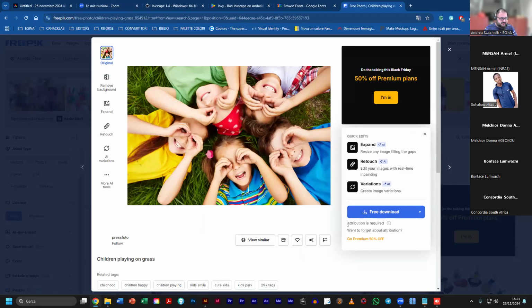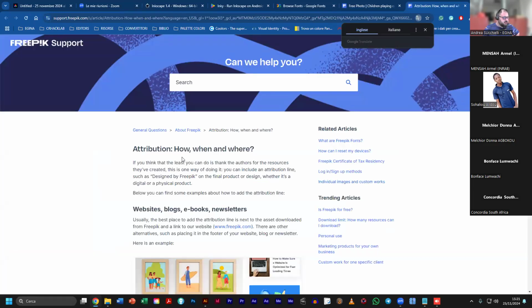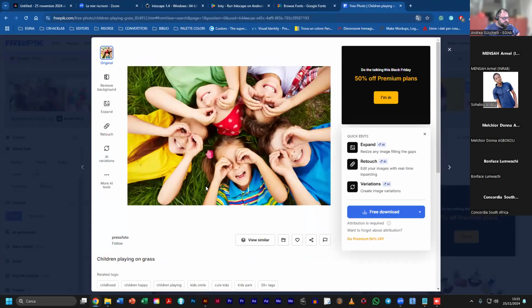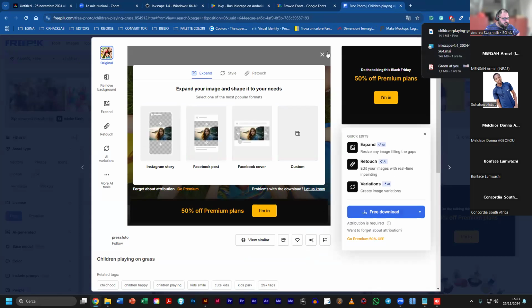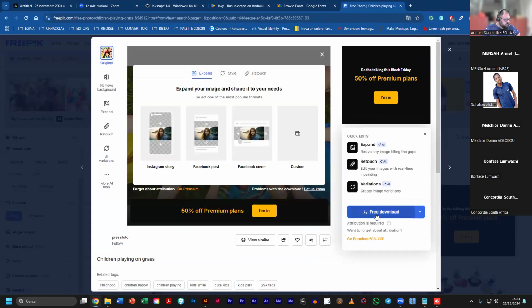Here you can see there is the text attribution is required. If we click on the information button here, we will have a full guide of how it works. But if I click on free download, you can see, no, they changed. Okay, they changed the website in the last days. So